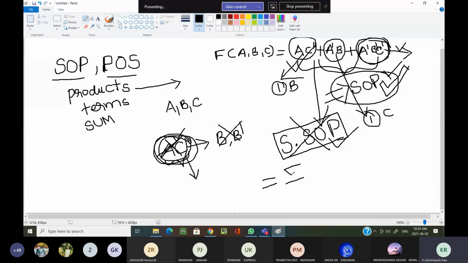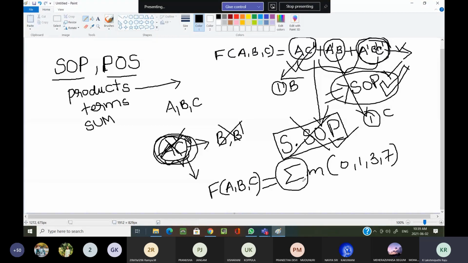If the given expression is standard SOP, I can represent it in the shortcut notation as the sum of min terms. This is the shortcut representation of SOP. Now, whenever you are representing the given expression in standard SOP, every term should contain all the three literals. Why? Because this sigma is nothing but my summation symbol. What am I summing? M0